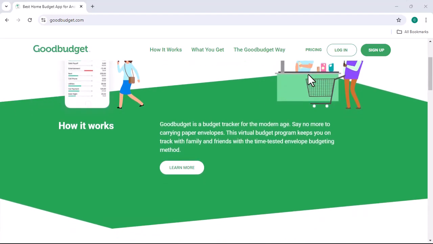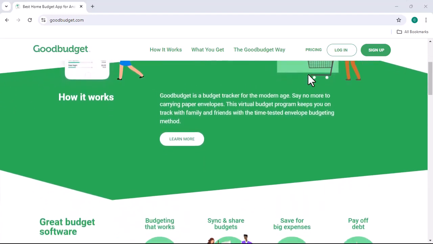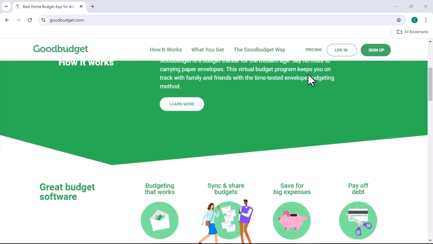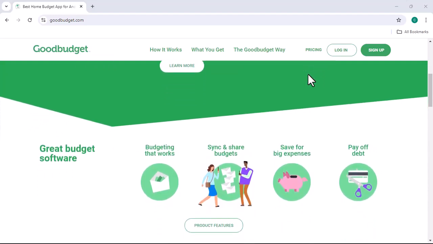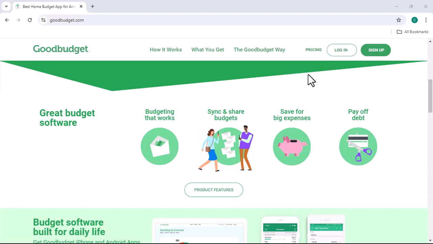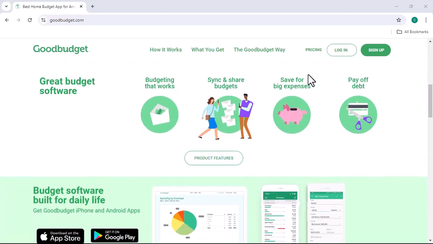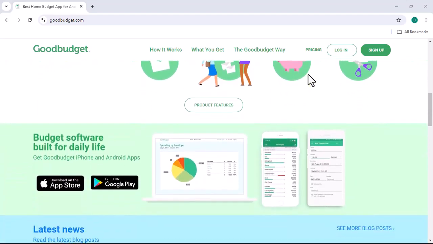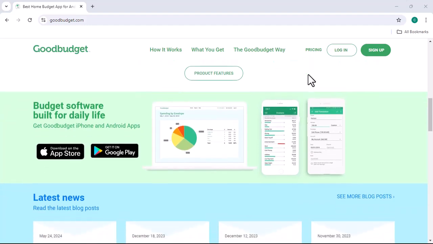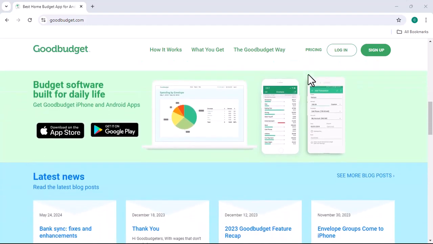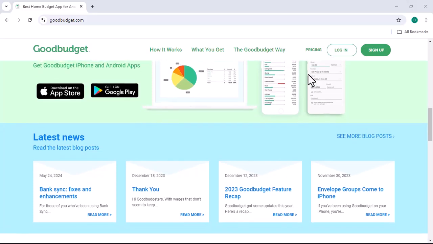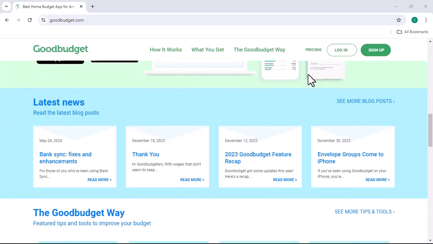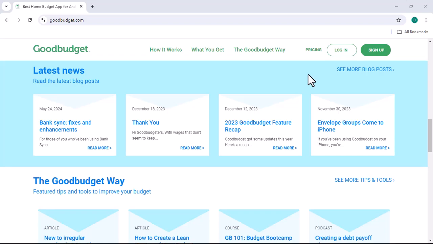The simple answer is yes, you can split a single transaction into multiple envelopes in Goodbudget. This feature is a core part of the app's functionality and is very useful for tracking expenses accurately. To do this, when you are entering a new transaction, you will see an option to split into multiple from the envelope drop-down menu. Selecting this option will allow you to allocate different amounts of the total transaction to different